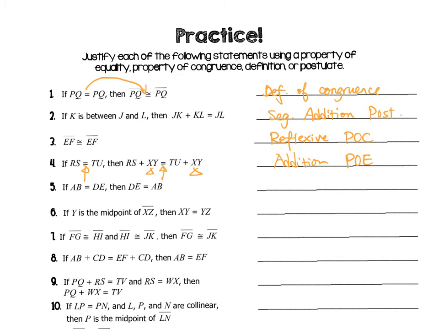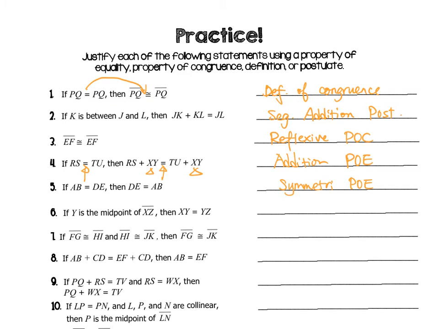of equality. Number 5, if AB equals DE, then DE equals AB, right? Again, it's an equal sign, so I've got a property of equality, and all I did was switch it around. Remember, that's my butterfly, so it's the symmetric